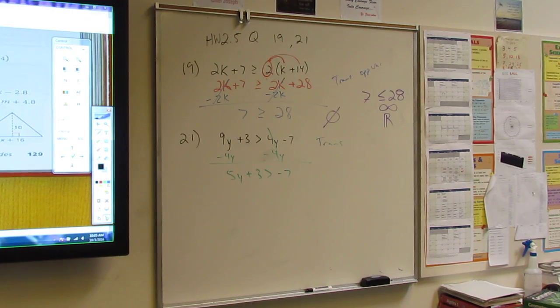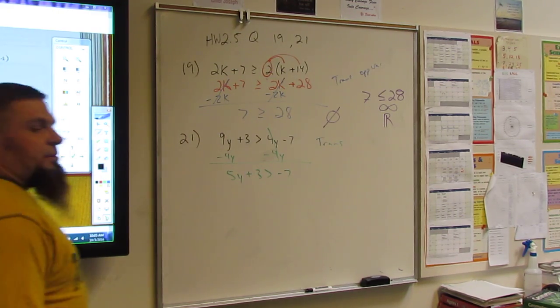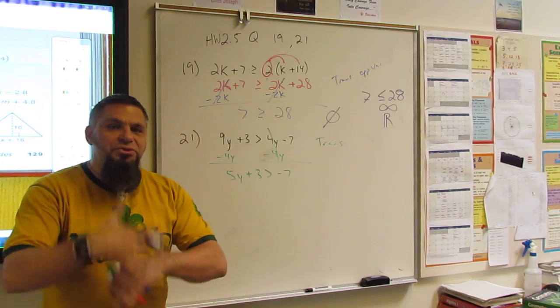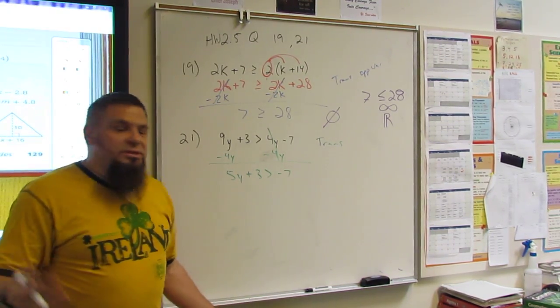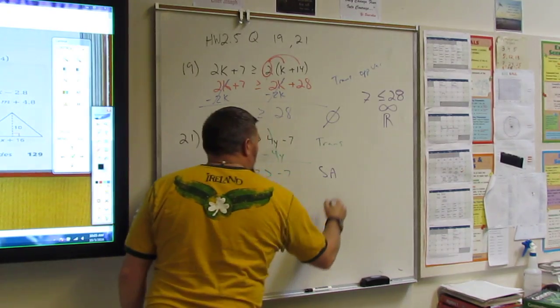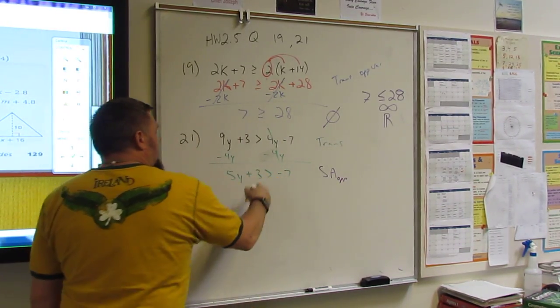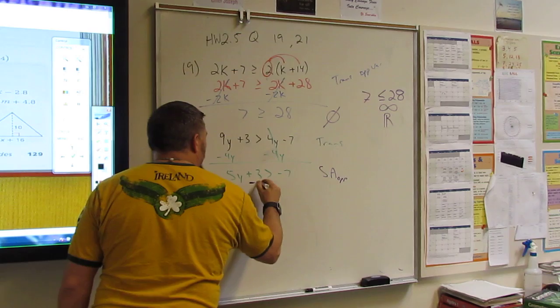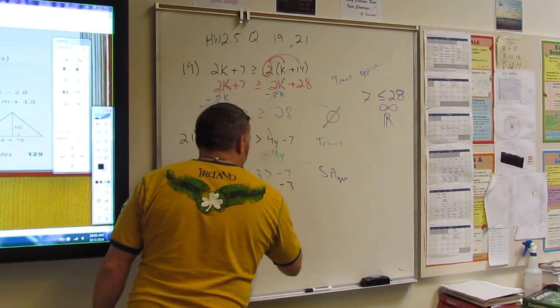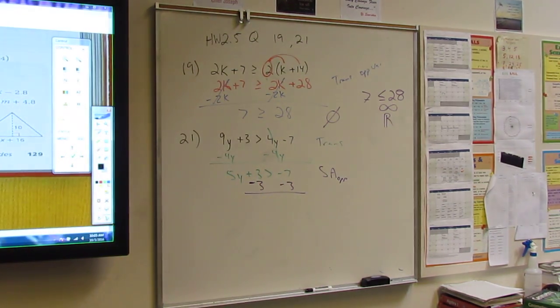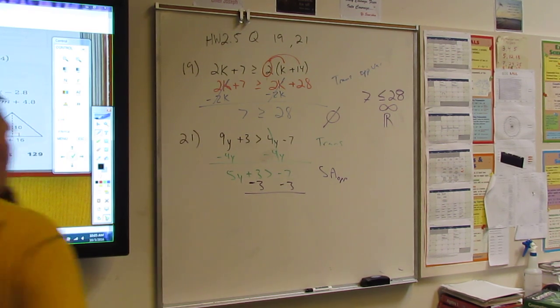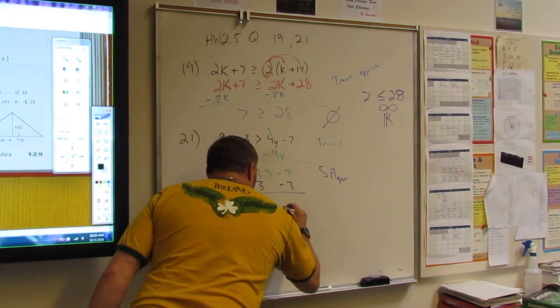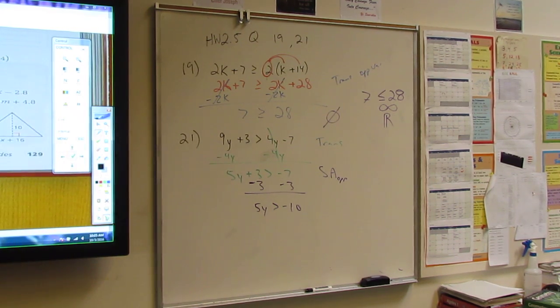Okay? Then what can I do? This is just like before. Now we're just doing the opposite. So plus 3, we're going to do minus 3. What we do to one side, we do to the other. Now if you owe me $7 and you borrow 3 more, then you owe me, that's it. Okay? So we are at negative 10. Okay? And then if I want to solve for y,